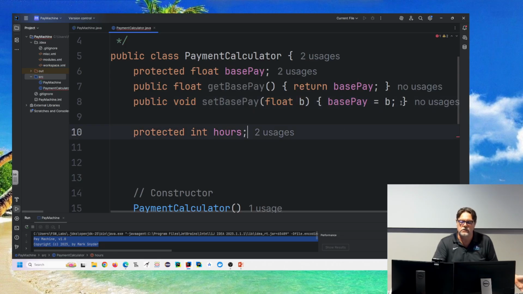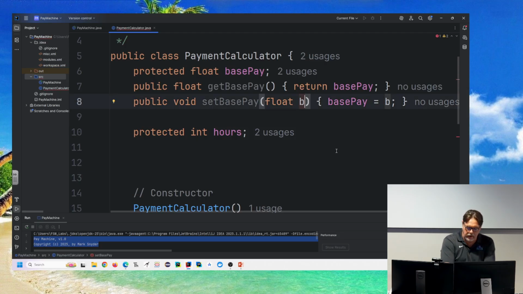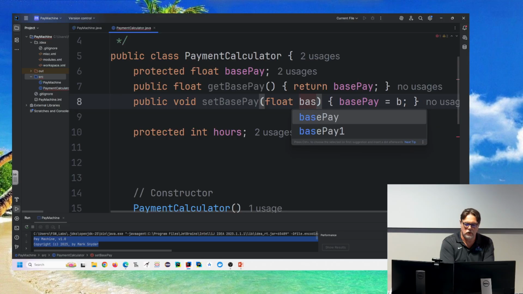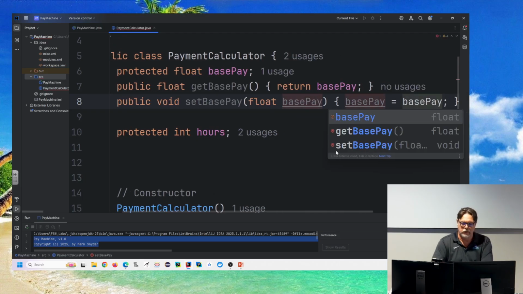I could have implemented this like this. Base pay, which is this, equals B, which is the parameter that I passed in. But if you noticed what the little type ahead thingy suggested, it gave us an idea for a better pattern for doing this, which is use a good name for a variable, but if I say equals base pay,